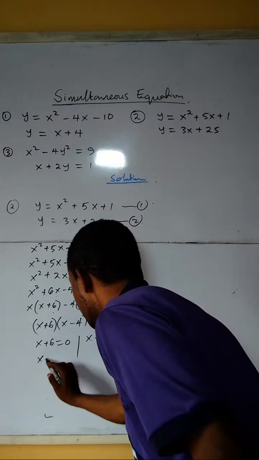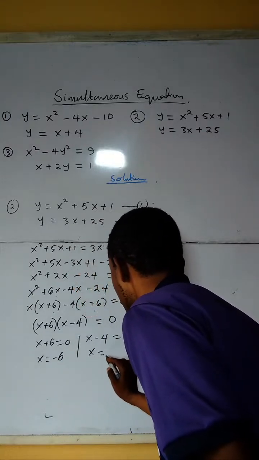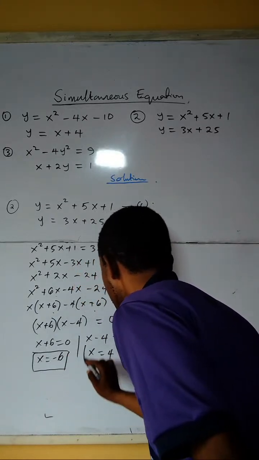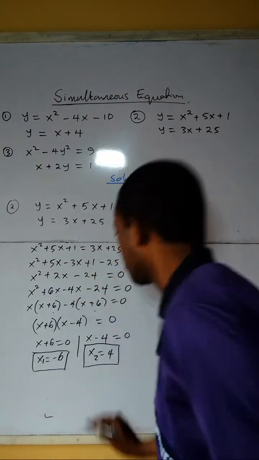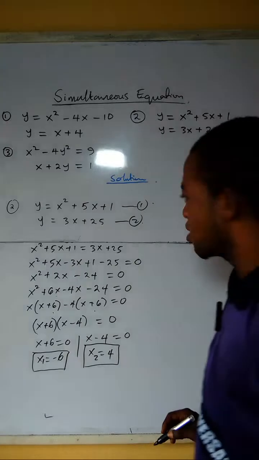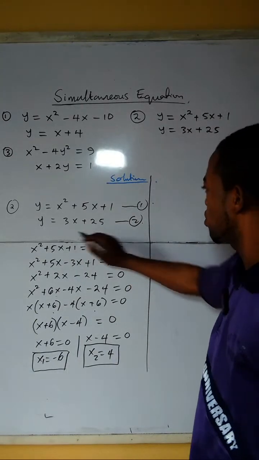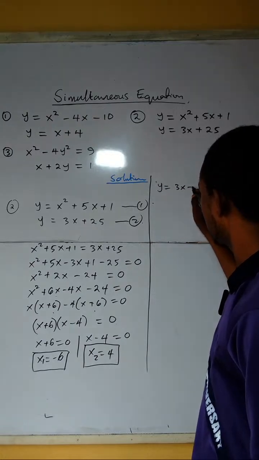That is, here x equals to minus 6, and here we have x equals to 4. So we have these two values of x, and we can call this x1 and this x2. Now to get the corresponding values of y from equation 2, which is y equals to 3x plus